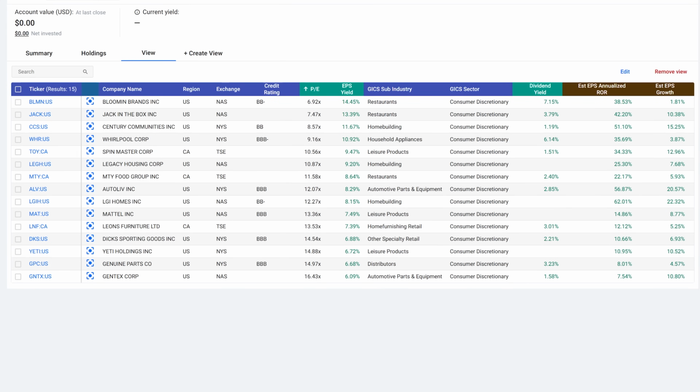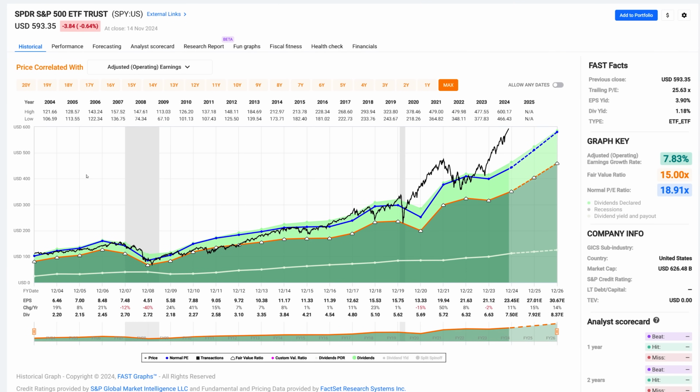So now in the first video, and actually all the videos I've done recently, I've also talked about the level of the stock market. Now, this is a graph of the SPDR S&P 500 ETF Trust. And as you can see, the S&P 500 has traded between a 15 and 18 or 19 multiple. Well, I'm going to call it between 15 and 20, because even though there's a specific number here, you need to think of this as a valuation reference.